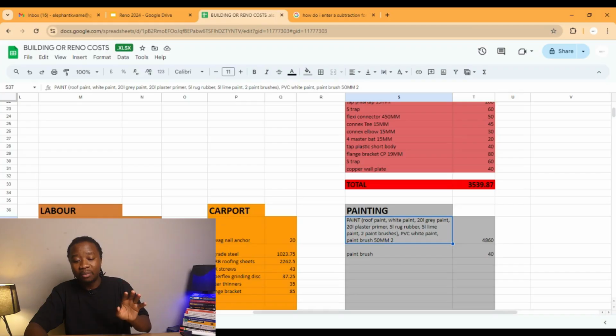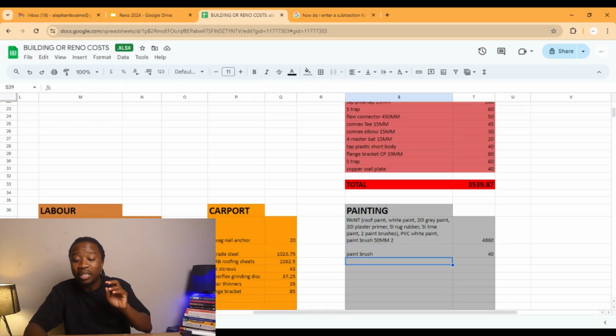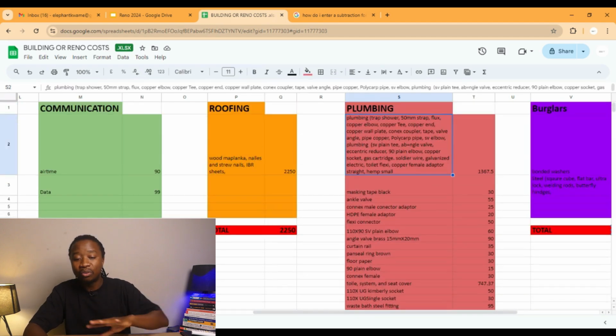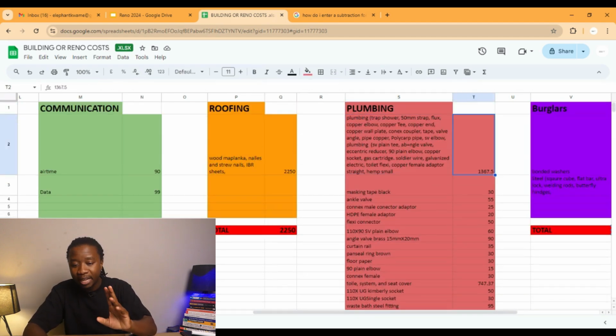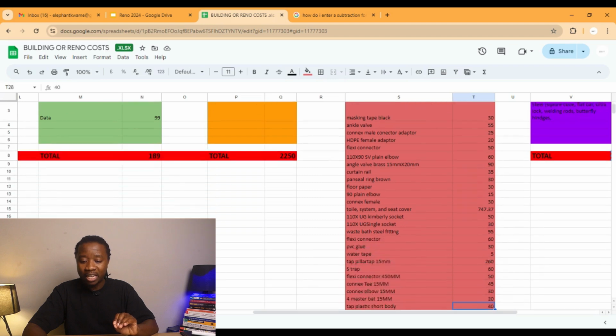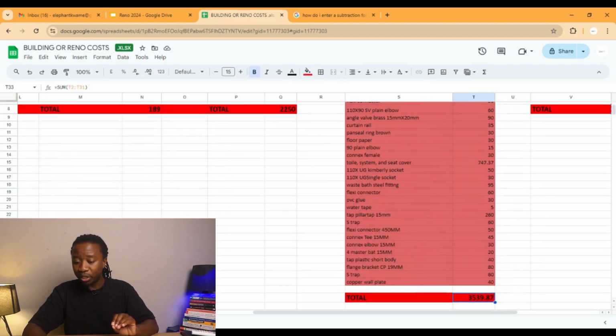So anything that I buy, if I go to the shop and I buy anything that has to do with painting, I come in here, I type it down here, and I put the price. Let me show you with the plumbing because it has the longest one. For the first time I went, I tapped everything together, and that's how much I spent for it. And then I tapped everything and the money. You can see as I'm going down. And then it puts the total amount I spent on plumbing, which I found quite easy, because I know that if the budget for plumbing